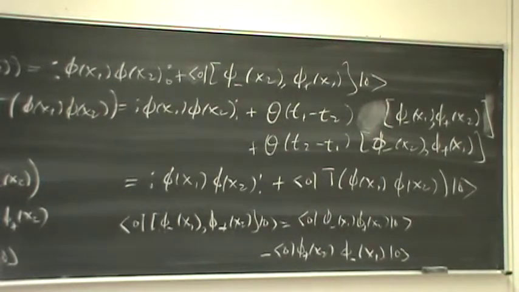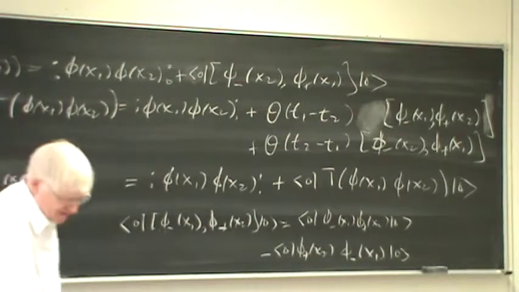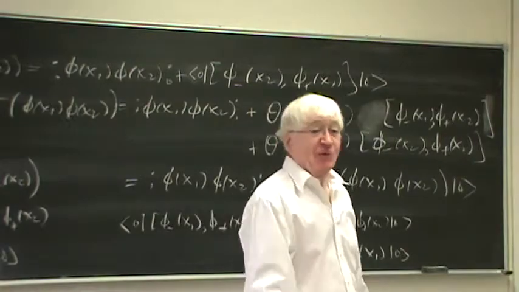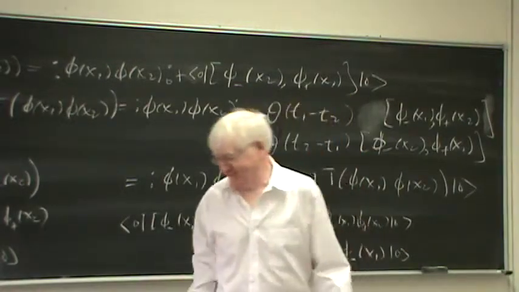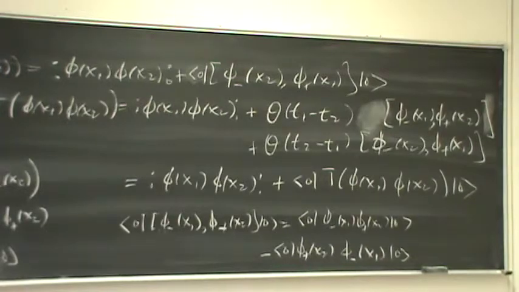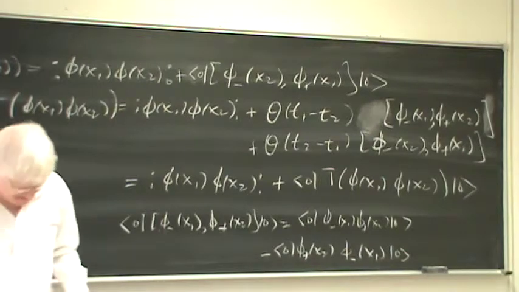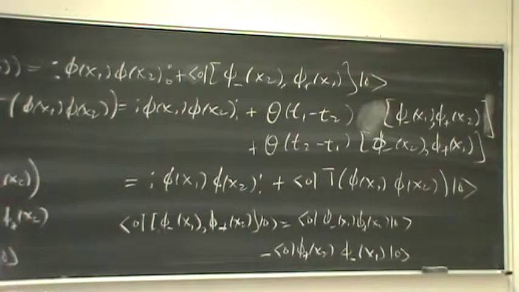Don't you just want to take the expectation value of the vacuum at both sides, since the normally ordered product goes away? And your commutators are C numbers, so you just get the commutators on the right side. Brilliant. Very good. As I said, when I was writing these notes, I just regarded this as trivial and didn't even think about it. So in other words, what he was saying is that